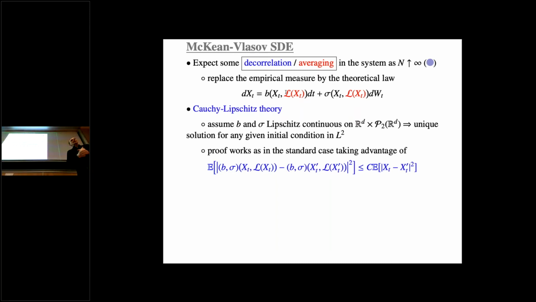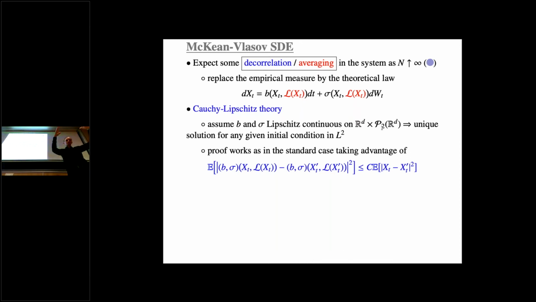Okay, you say I am given this equation. I postulate that this should be the right equation, just because I replace the empirical measure by the theoretical distribution. The very first question: is this equation solvable? What people do, I'm not going to make a big lecture about this, but just to give you some arguments about this. Usually people say, I apply the usual Cauchy-Lipschitz theory. I assume that I have a kind of Lipschitz property. Lipschitz with respect to what? Let's say with respect to the L2 distance. So in fact, I'm going to assume that b and sigma are Lipschitz usually in R^d and Lipschitz in the measure argument with respect to Wasserstein.